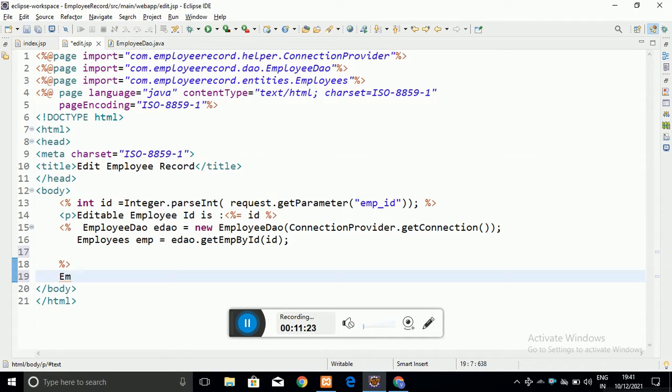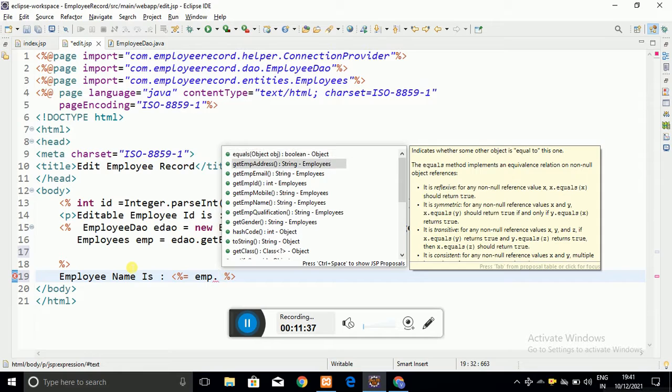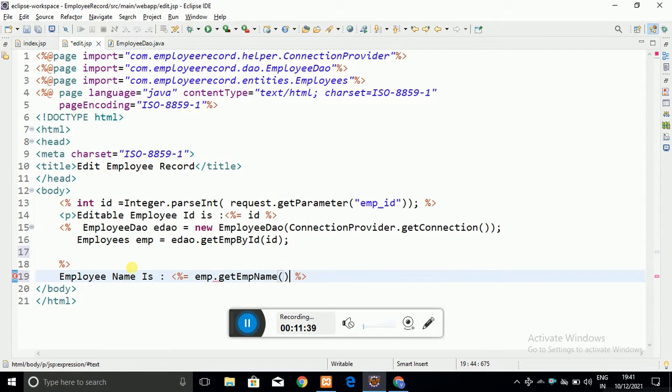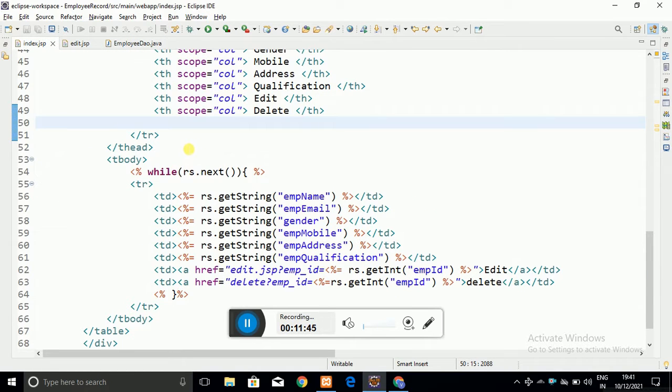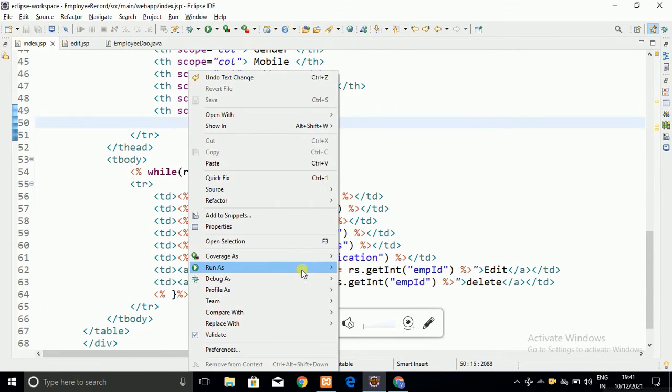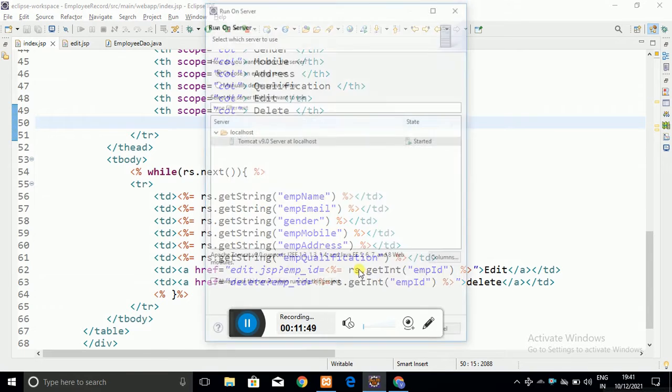To verify whether it is fetched or not, let me write some code: employee name equal to, let me extract the employee name from the object we have just created. Let me run this program and see whether I got it or not.